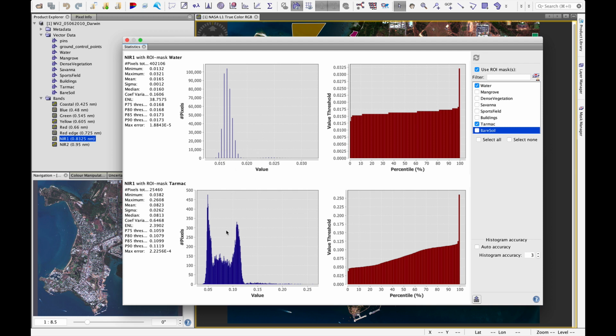And at first it looks like they overlap in their reflectance values, but be careful to take note of the axes, the value range. So if you look at this x-axis for water, it runs from 0.015 only up to 0.02. So really the maximum 0.02, extremely low reflectance in near infrared. We come down to tarmac and this starts at 0.05, so that this point is already far to the right of these pixels. So we'll have a good chance of separating